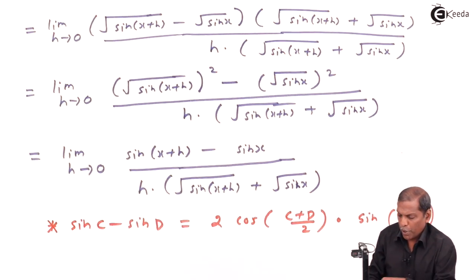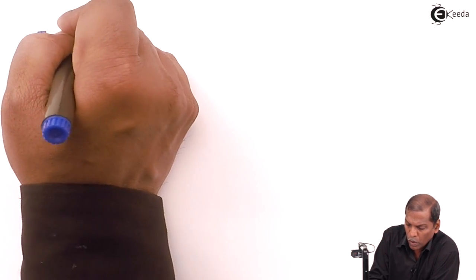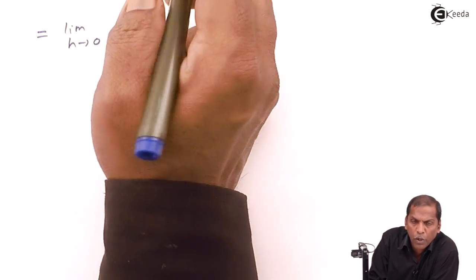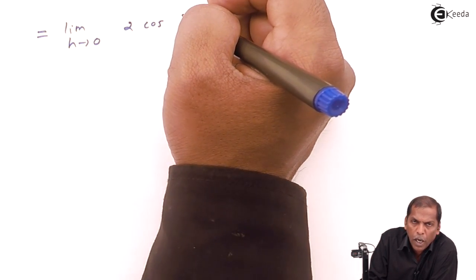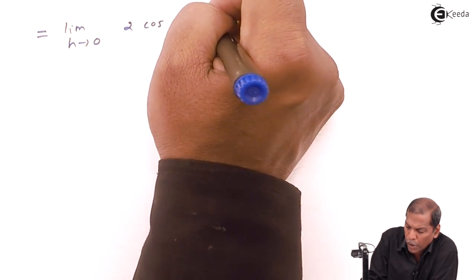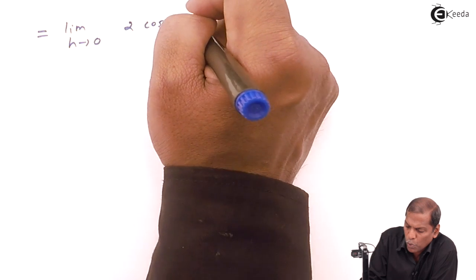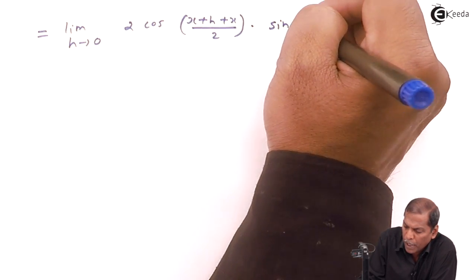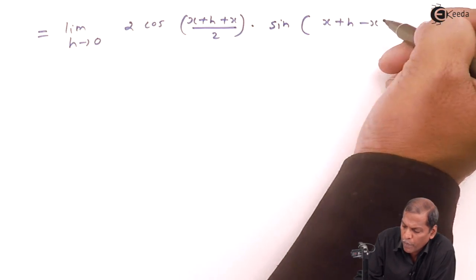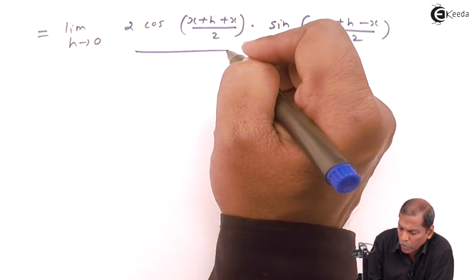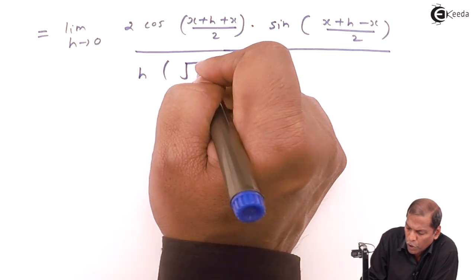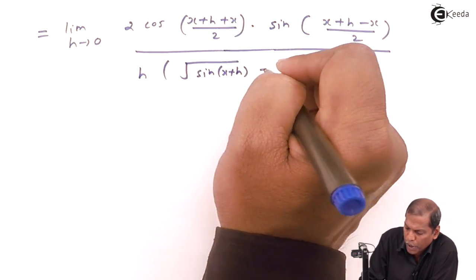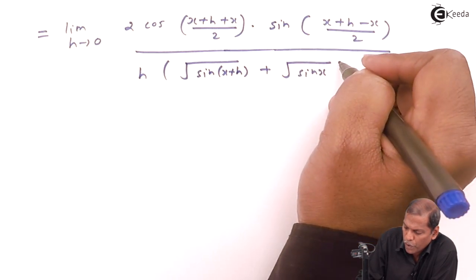So by using this formula, we have limit h tends to 0 of 2 cos, in the present case x plus h represents C and x represents D, so (x plus h plus x) upon 2, into sin((x plus h minus x) upon 2), whole thing divided by h into [square root of sin(x plus h) plus square root of sin x],